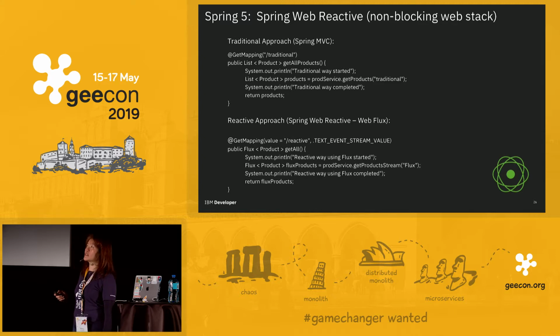If you run it, the System.out.println, traditional way, will start first. Then the next call makes a call to get products. In this case, this is a blocking call. So your method is blocking, waiting for the list of products to come back. When it comes back, it will print out traditional way completed. Then it returns the products and the method will end.